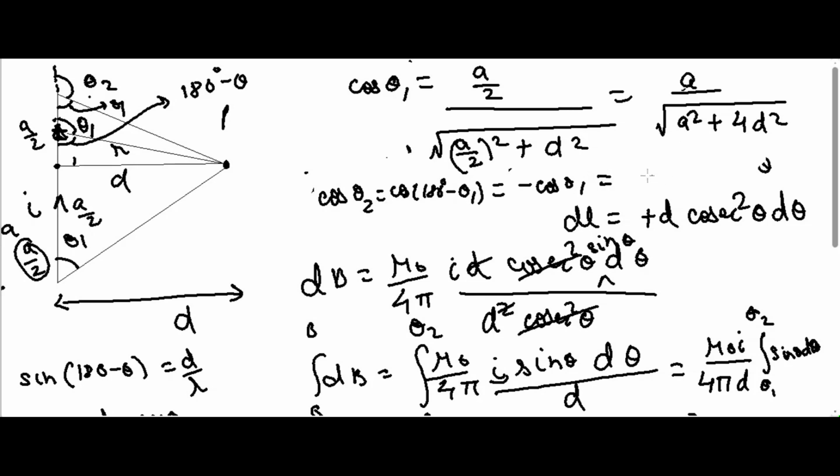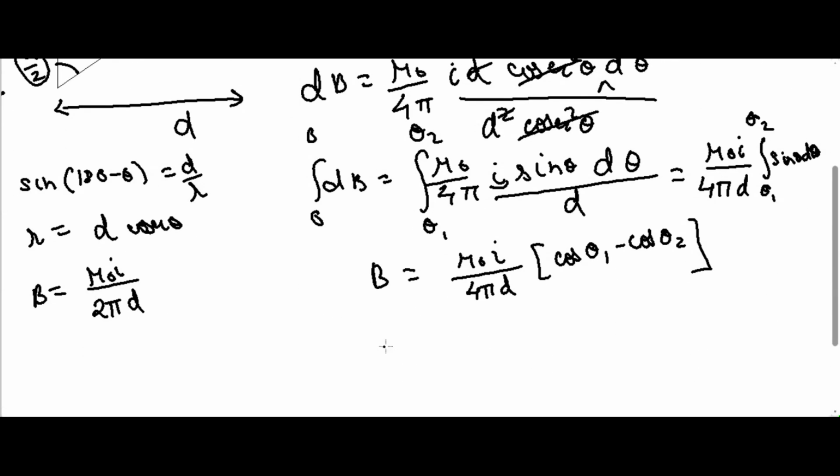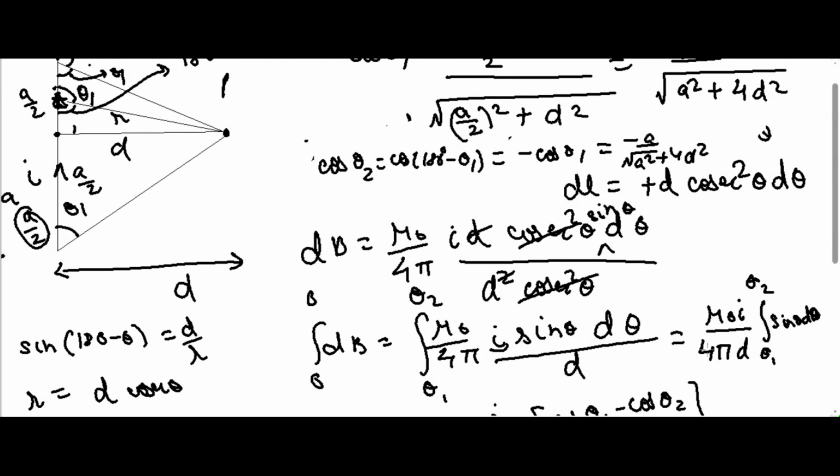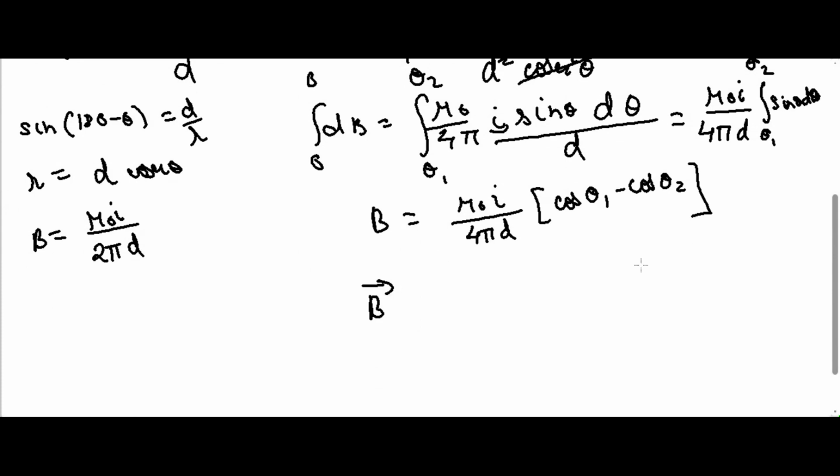So cos theta 2 will be just this term, which is a by square root of a squared plus 4d squared with a negative sign. And if I just substitute the values of cos theta 1 and cos theta 2 in this generalized equation, then what will I get? If this point is at a perpendicular bisector and at a distance of d from the wire, then B will be equal to, if I substitute the values of cos theta 1 and cos theta 2 and simplify, I will get the final answer, which is mu naught I by 4 pi d